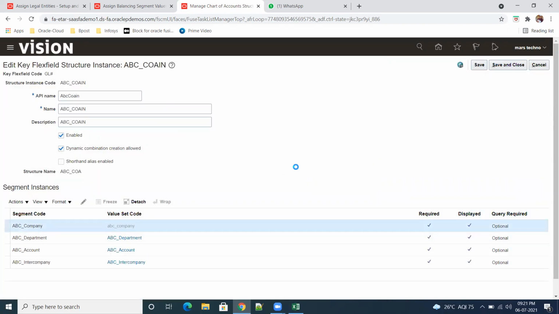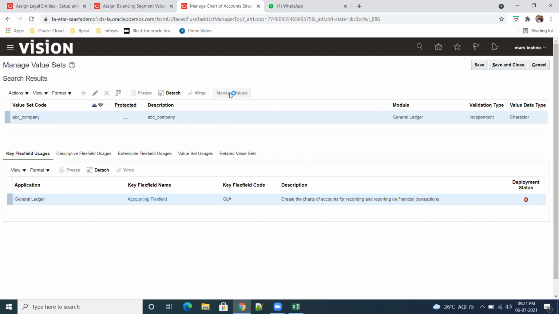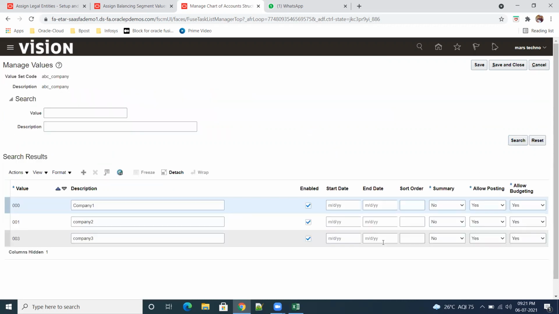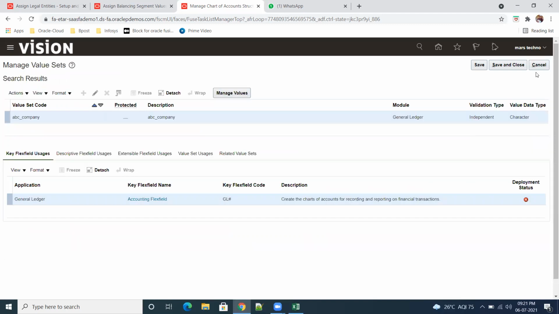Go to value set, manage values, click on search. It is there, but why is it not coming? What is the reason? It's in disabled status. This deployment status is in red color.